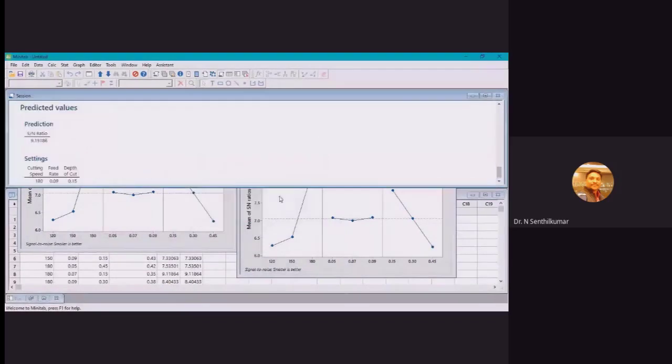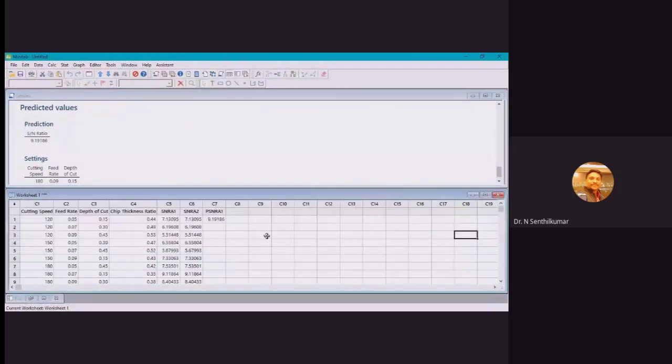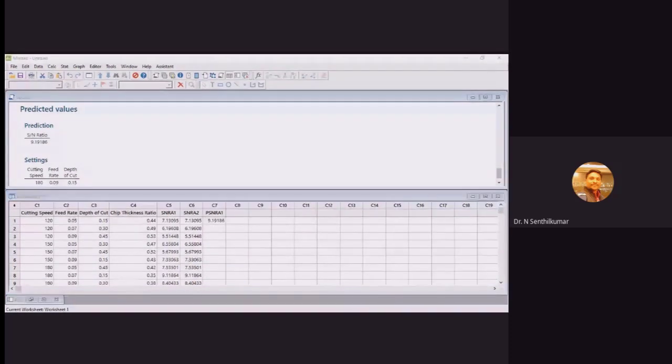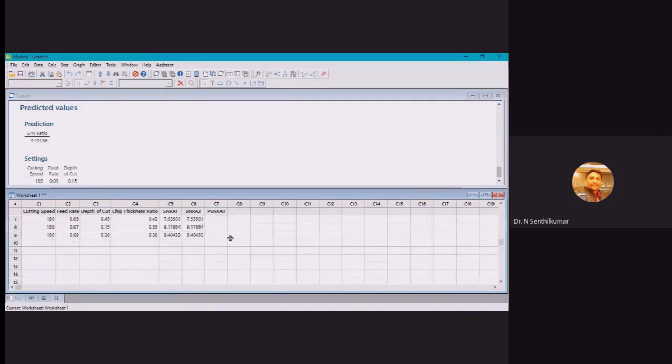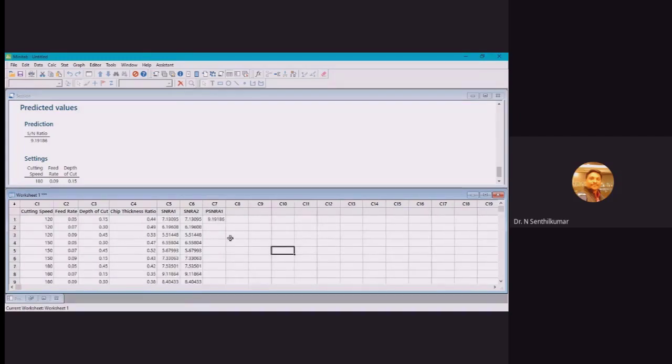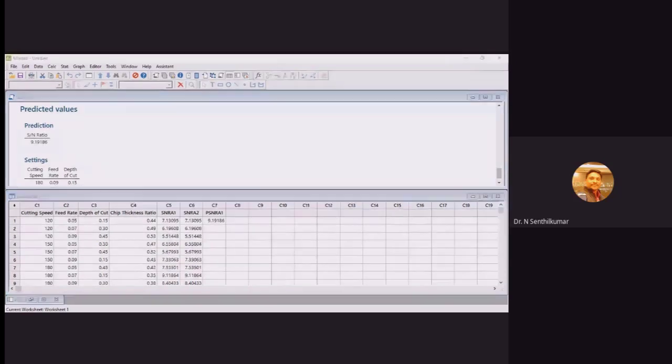Okay. So what is the value? 9.19. From my PPT, my predicted value is 9.192. It is exactly the same. Are you able to understand? So this is the formula, no need. You can also predict this using the option that is given. Okay, so this is as simple as that. Any doubts in this?